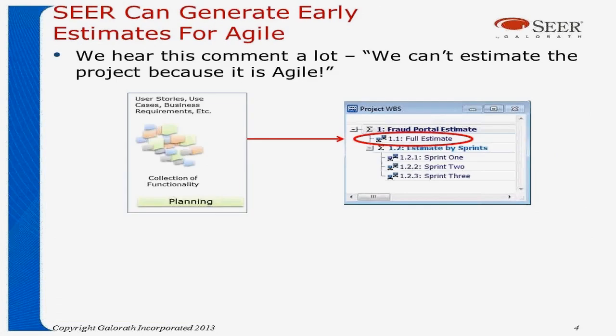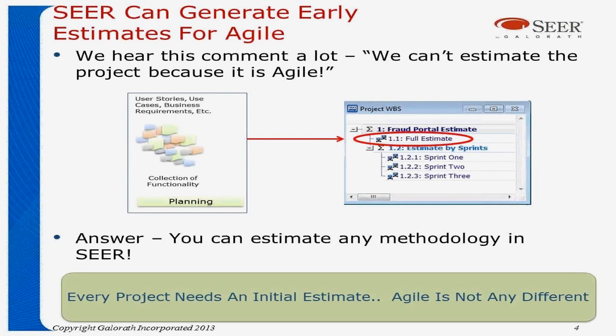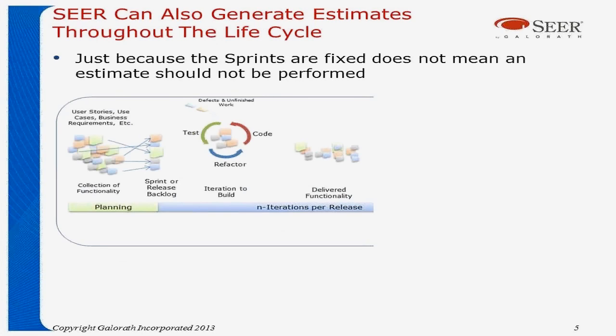One of the comments we hear a lot is, we can't estimate this project because it's Agile. Well, the answer is, you can estimate any methodology in SEER. Every project needs an initial estimate, and Agile is not any different. Likewise, just because Agile projects work with sprints or fixed duration times, it doesn't mean that the estimate should not